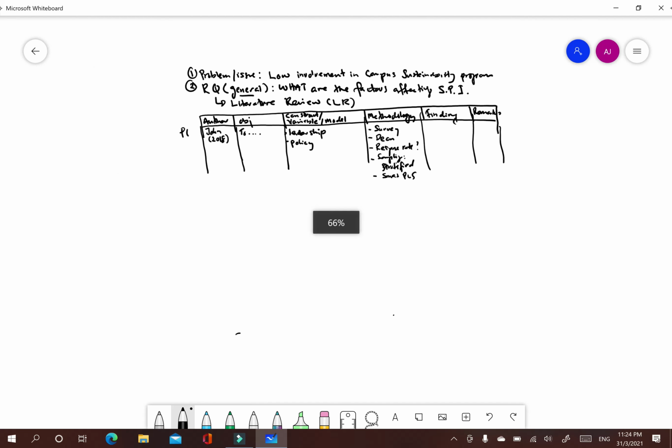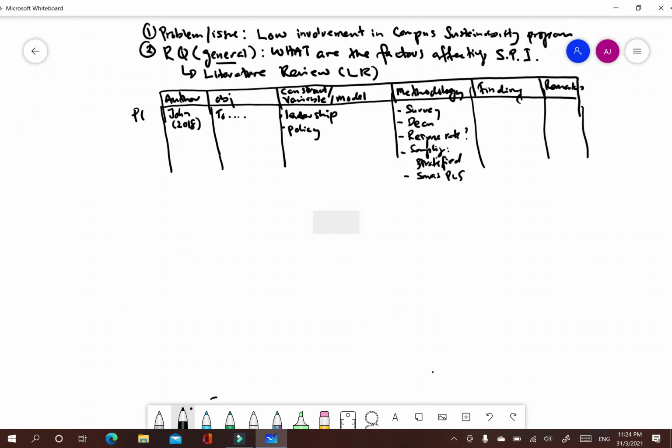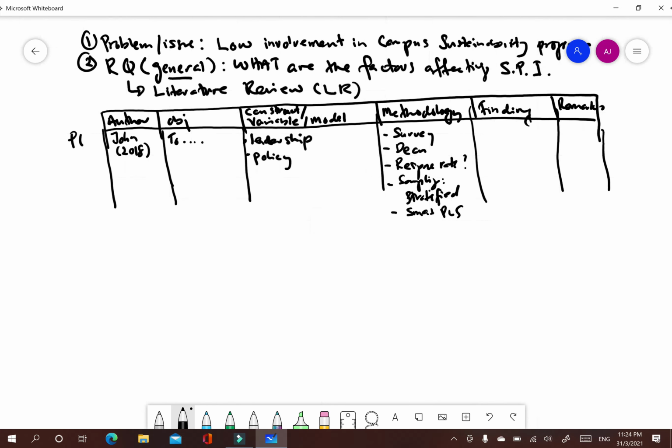For example, maybe there is a very strong relationship between leadership and performance. Okay, so maybe for example r = 0.8, very significant, strong and significant.